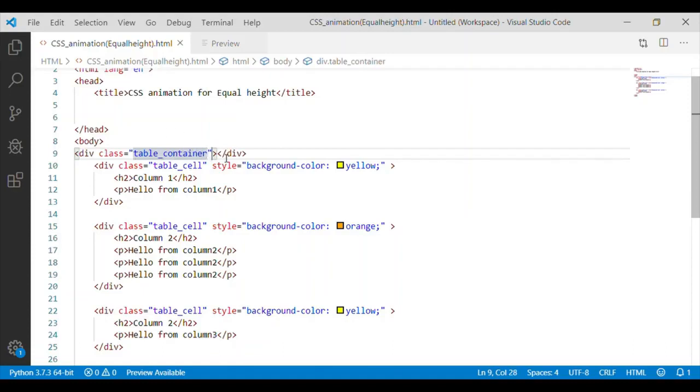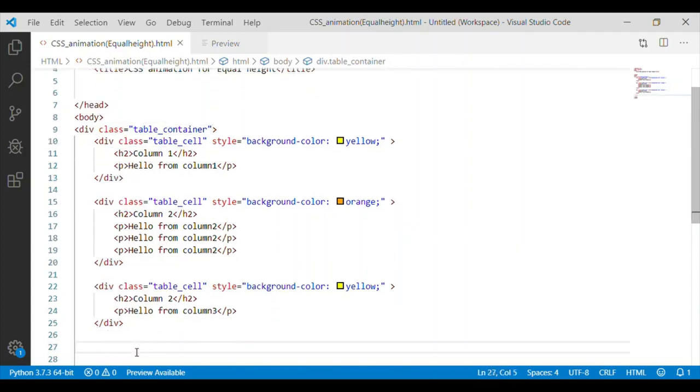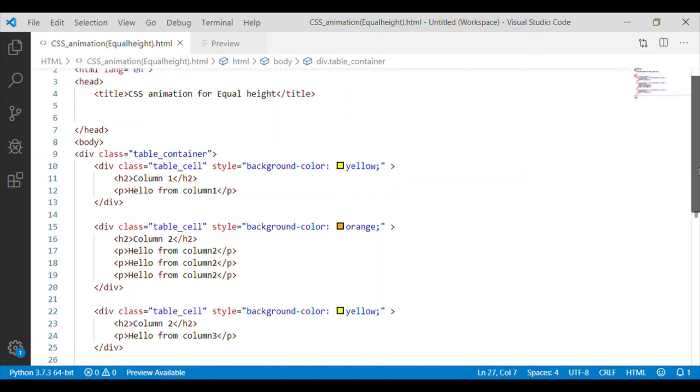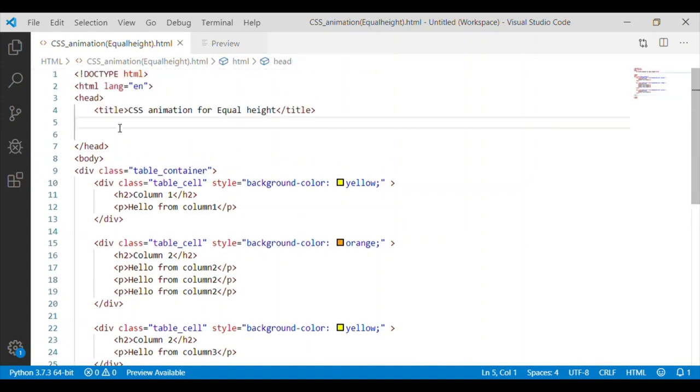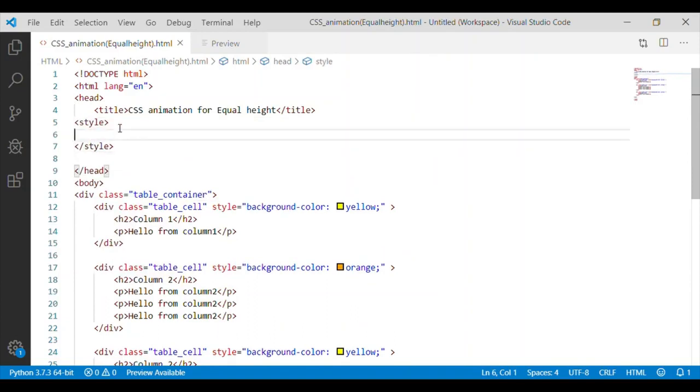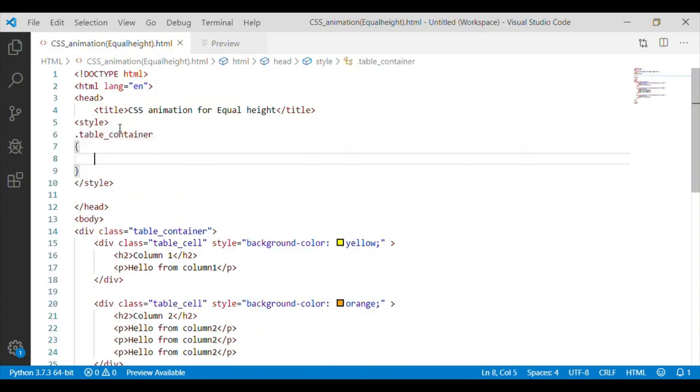So we are basically creating a container which holds the complete table, and each table has these columns which are of varying length. In order to make an equal height table, we will go to the styling portion, and